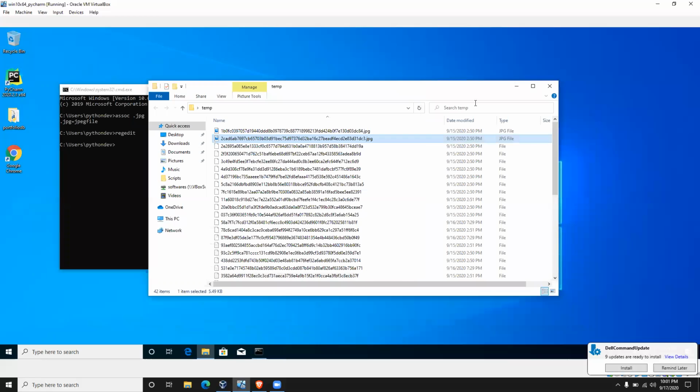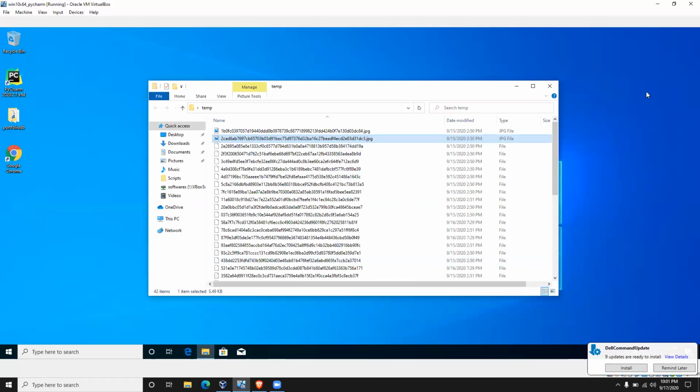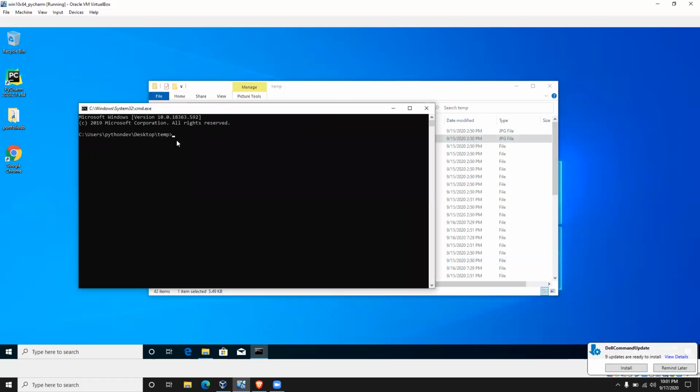Now, individually I cannot change them. You see 42 items are there. How can I check for the wallpaper one by one like this? So what I will do is open command prompt here by typing cmd on that folder. It will open command prompt with temp as the working directory. Now rename star to star.jpg. Star means all the files will get changed; at the end of all the file names I am adding .jpg.